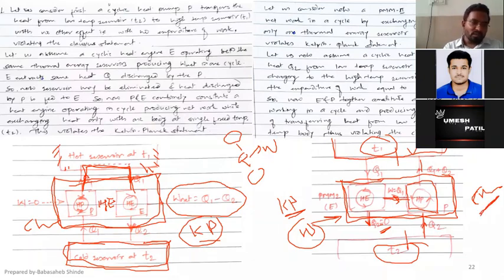So that way you can consider a violation of the Clausius statement and prove a violation of Kelvin-Planck, or you can consider a violation of Kelvin-Planck and the ultimate proof will be a violation of the Clausius statement. So in short, if you consider a violation of one statement, the ultimate result is going to be a violation of the other statement. If you consider Clausius, a violation of Kelvin-Planck will be there. And if you consider a violation of Kelvin-Planck, a violation of Clausius will be there. Okay, is that fine? Any doubt, any query?